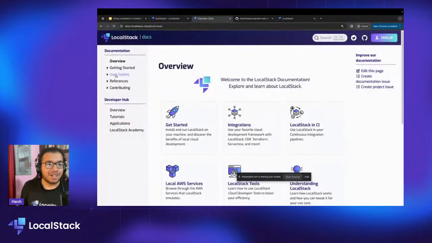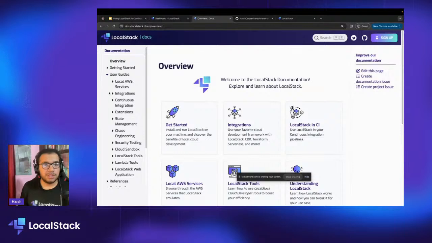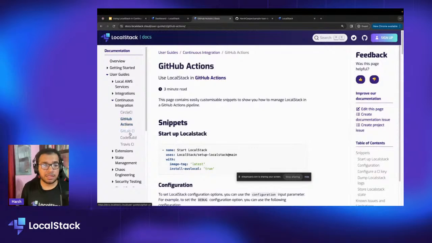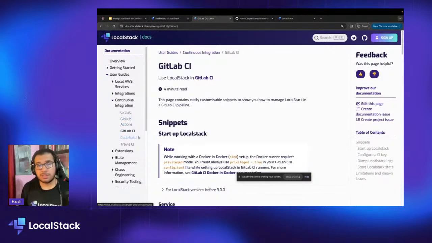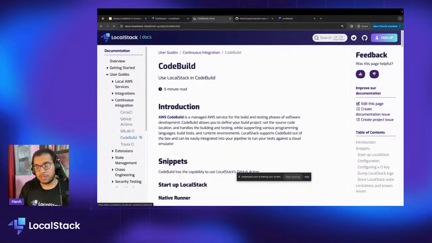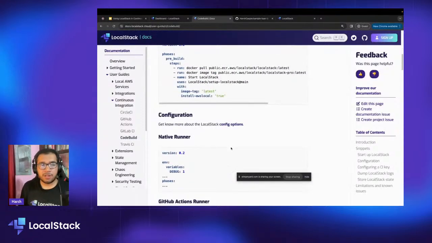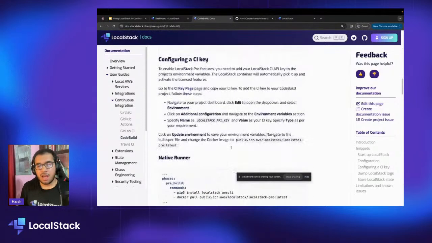Yeah, sorry. Cool. So we have got the user guides right over here. You can see that we have individual snippet libraries for different CI systems like CircleCI. We have things for GitHub Actions, for GitLab CI, CodeBuild, and Travis. If you're using any of these CI providers right now, please consider looking at these snippet libraries, take references from them, and see how they work out. Then you can use them in your LocalStack setup to make sure that everything is tested right on the CI runner itself. So switching back to the slides itself,